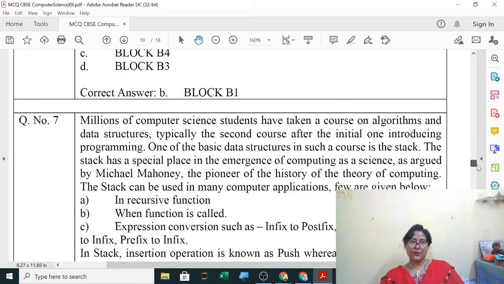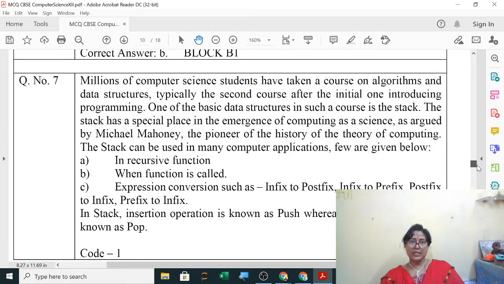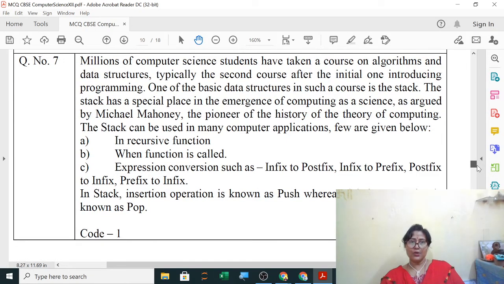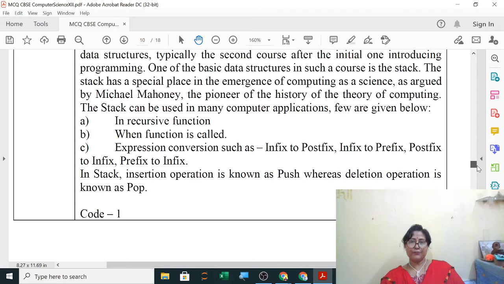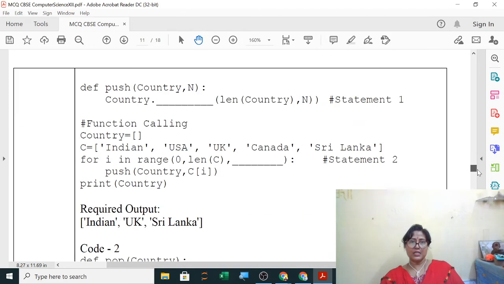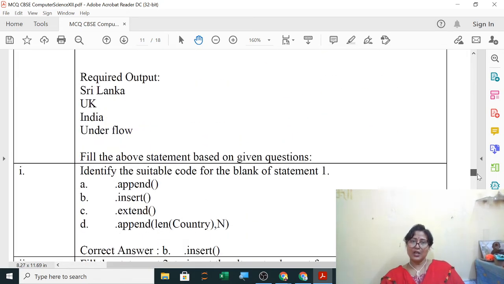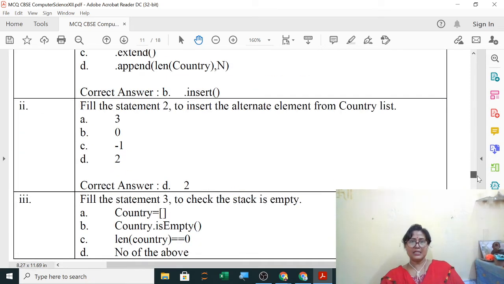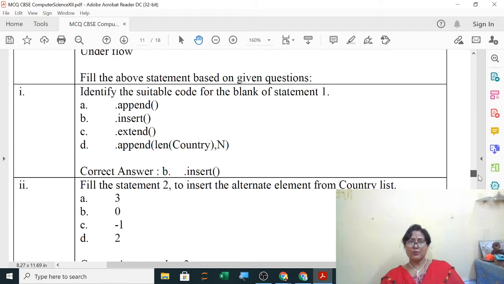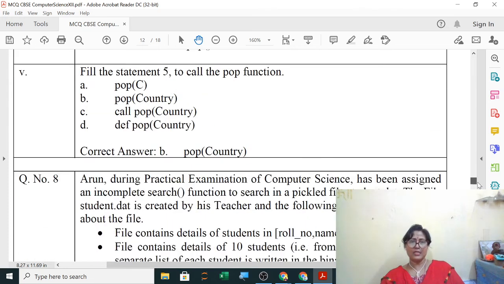Now this is over. Now stack and queue we have to do. So recursion, infix to postfix, this little bit we will do it. Push and pop, this is of stack and queue. So this also we will do in another one. Stack and queue, first let us complete. This is very easy, because already list you have done. So when you want to push it, you have to use dot append. So this I will explain you afterwards.